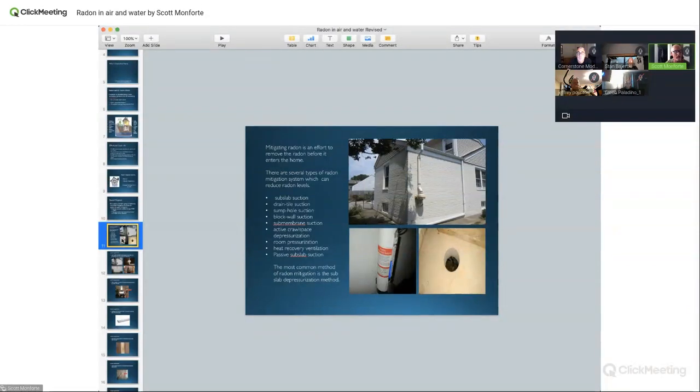Membrane crawl space: when we do a house with a crawl space, and there's a full basement and a crawl space. My house has two crawl spaces and a basement. So I have 3 draw points, 1 in the basement, 1 under plastic, 1 under plastic. So I have 2 sub-membrane and 1 sub-slab to reduce the levels. That's the best method of radon reduction. Make sure it's under plastic because you had a dirt floor, correct? Correct. You wouldn't put the plastic down in a crawl space with a concrete floor. No, absolutely correct.